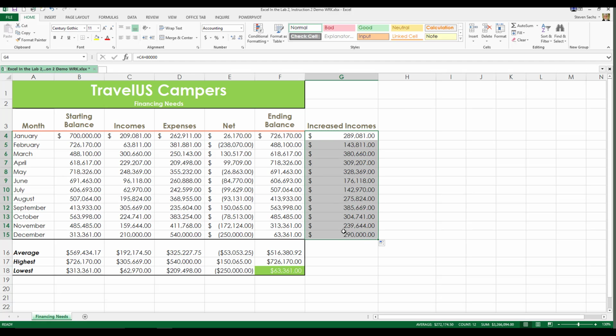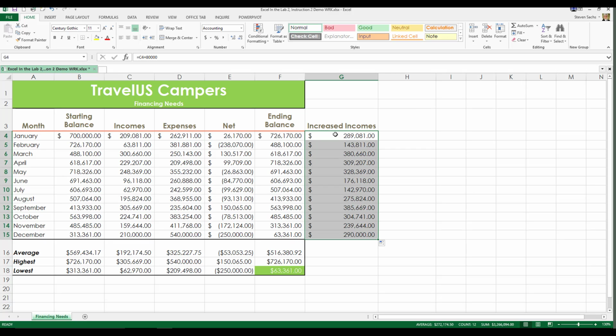63,361. I think that's where we were supposed to go, isn't it? That's it. These are the correct incomes that produce the result that we were supposed to look for. Now, the worksheet still doesn't look right. We need the incomes in column C to be replaced by the incomes in column G, or this would be very visually confusing. So the first thing I have to do is I need to make all these increased incomes